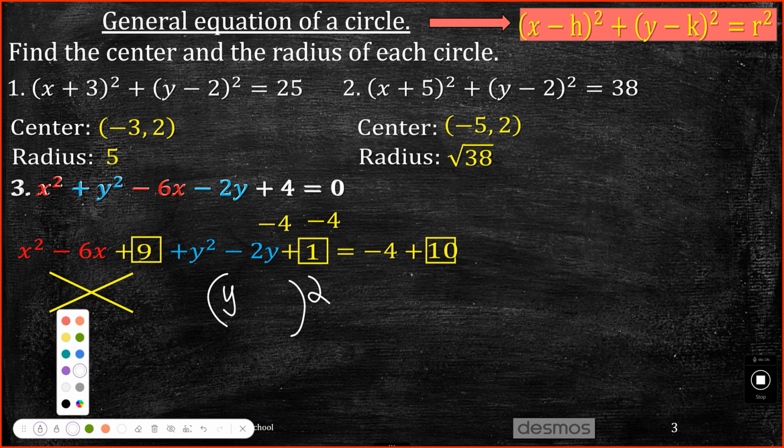I don't like blue. What sign goes here? What number goes there? Oh, you already said minus. Subtract 1. Square root of 1 is